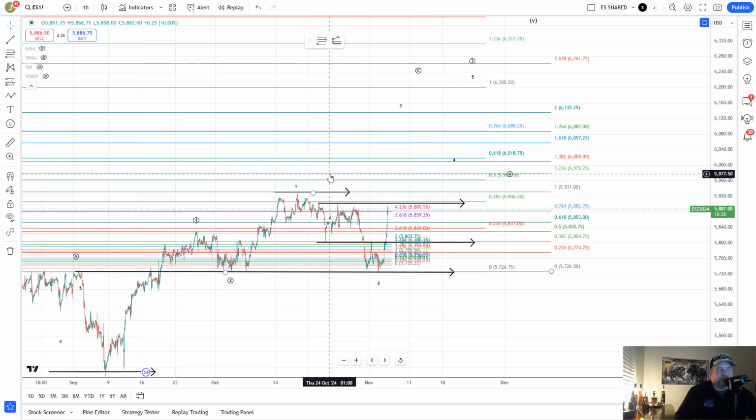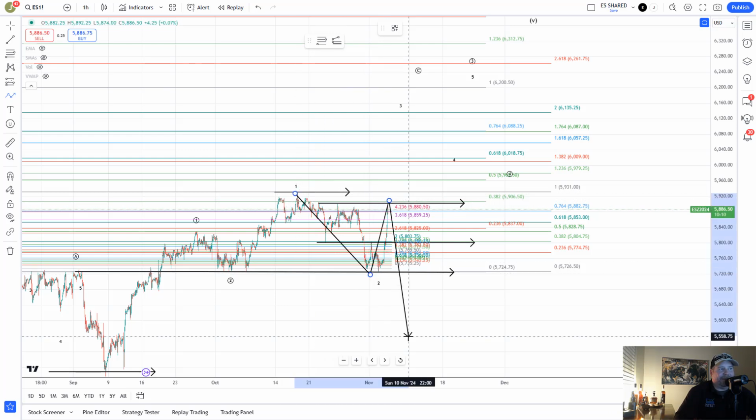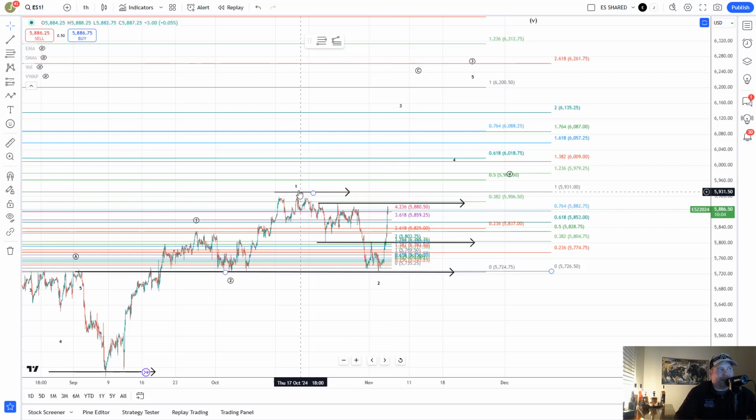Is there an alternate path we can be on? Of course, there always is, and that's what you should know when you're wrong. A break back below this level at 5,800 would be a very big warning to the bulls that this was a failed breakout attempt. They were unable to extend like we're looking for, and this would be more of an A-B setup with a bigger move down coming. So it's very important for the bulls to continue to extend, break out through this all-time high